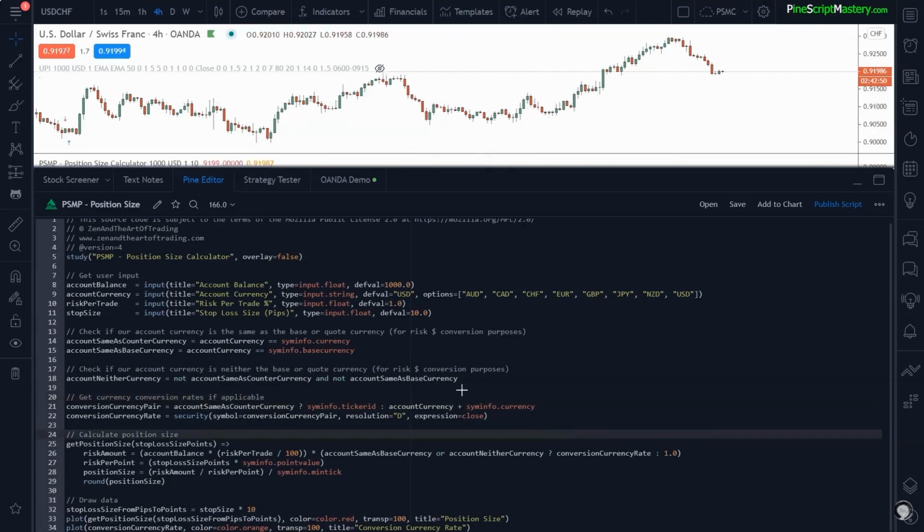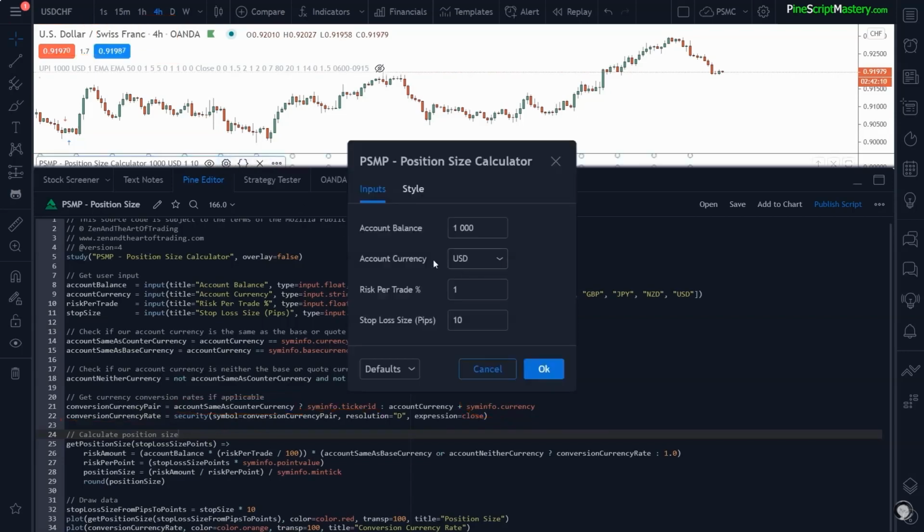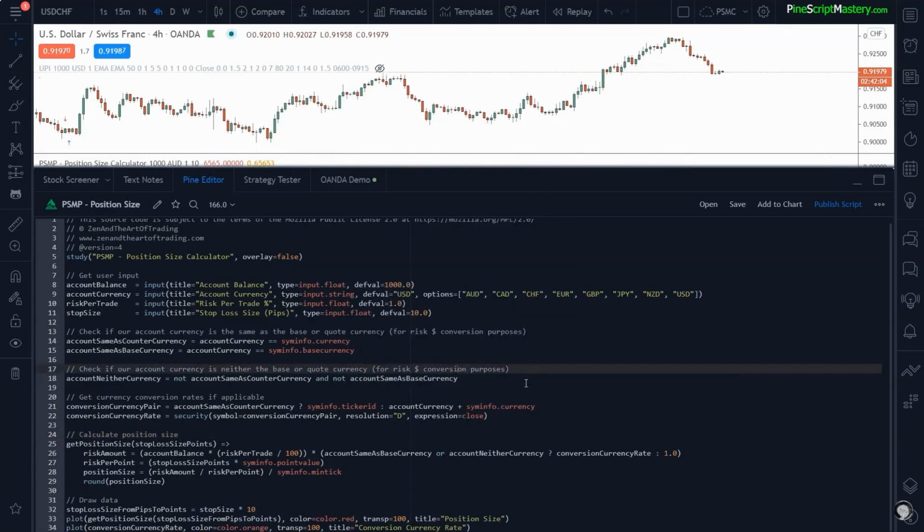So there we go. And so now we're just checking, is the account currency the same as our counter currency? If it is, then we reference this ticker that we're currently loaded on. Otherwise, we combine our account currency, in this example AUD, with the counter currency. So we would have AUD versus the Swiss franc, and that would give us our current currency conversion pair, and therefore the currency conversion rate. So let me set my account back to AUD for this example, and let's move on to the next line,